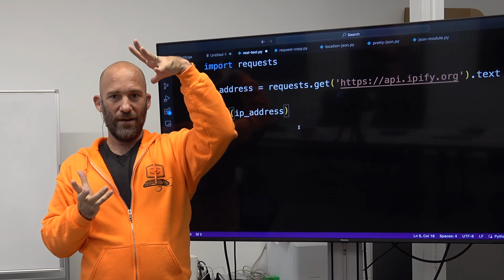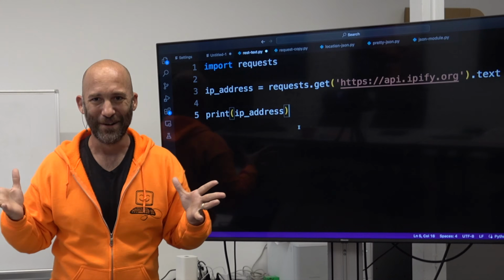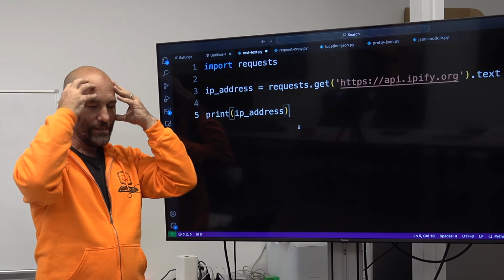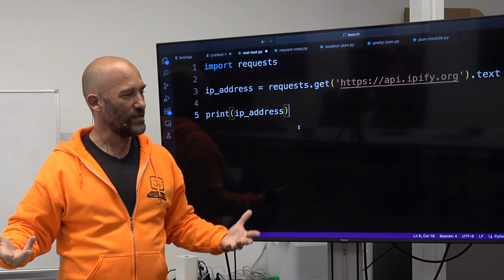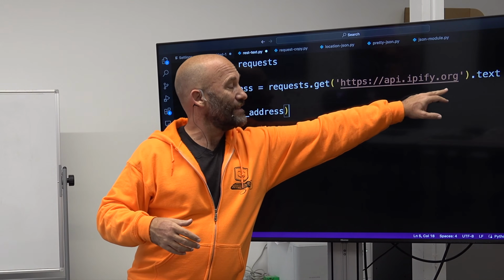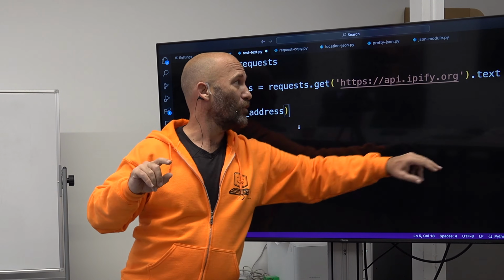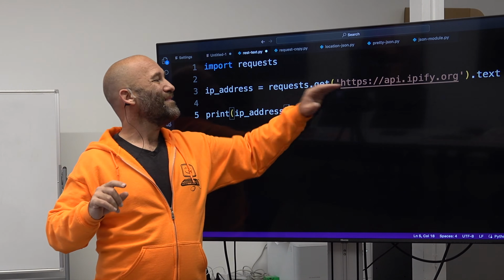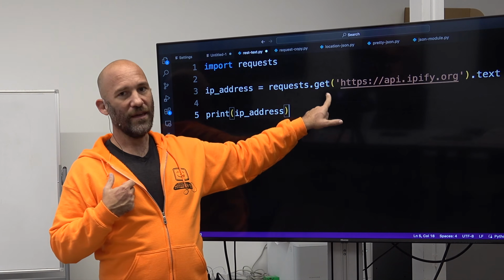And so if you print it out, it is simply going to print out object plus some other information that you don't really care about. I don't really want an object. I need the actual value itself. So text, not txt, text. When you do that, one of the attributes of the object that's getting created with get is